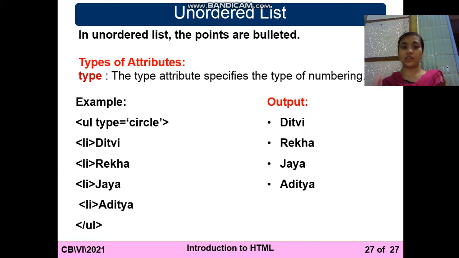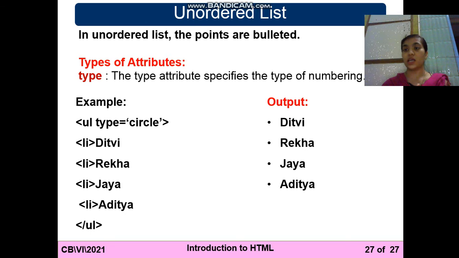Okay, so we learned two lists. First is the ordered list, second is the unordered list. Ordered list means the list will be with numbers, like 1 2 3 4. You can also use Roman numerals, you can also use alphabets for the numbering of the list. And there are two attributes of the ordered list. First is the type, and second is the start. Type means if you want to start with Roman numerals, then you can use type I. If you want to use alphabets for the list, then you can type A.